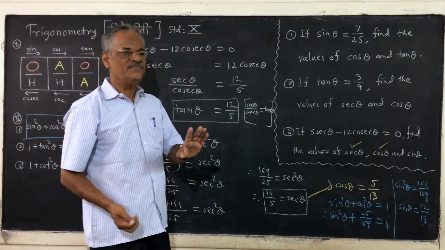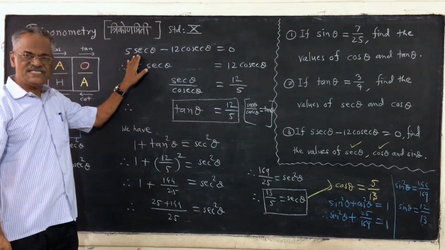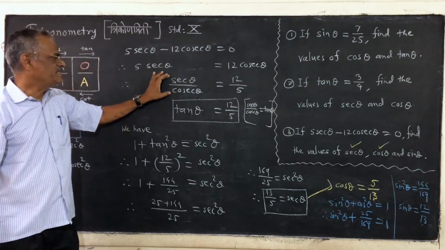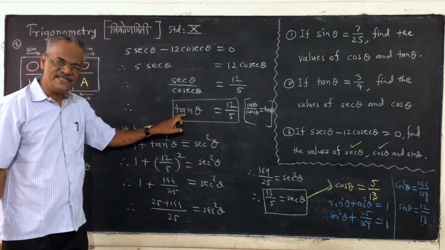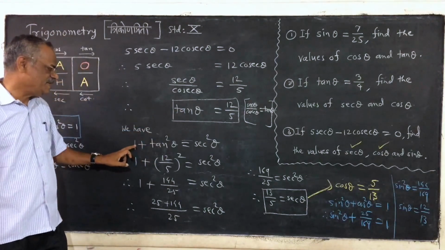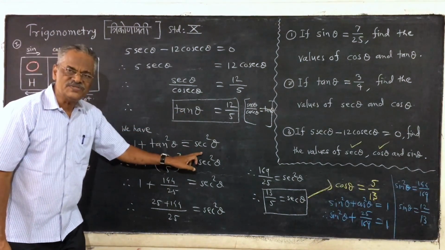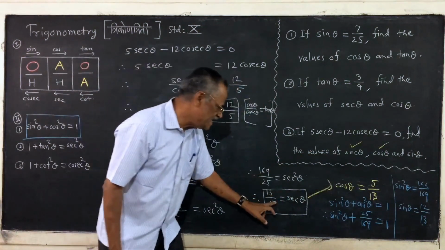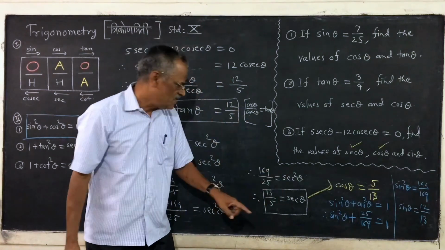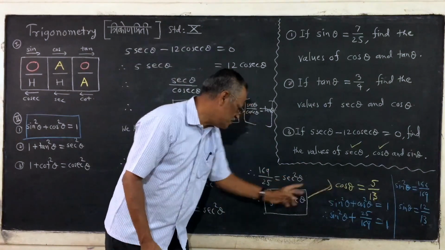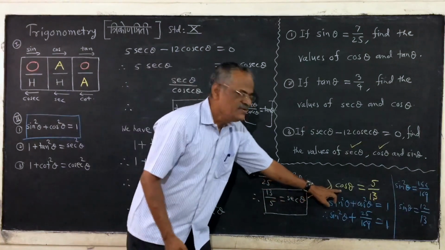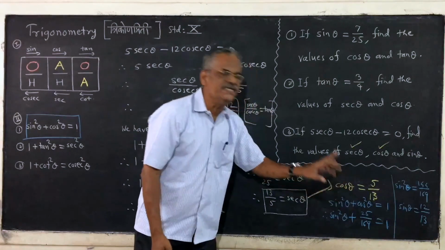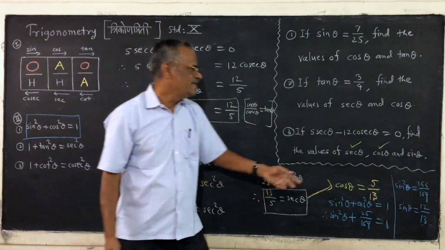See that interesting point? This is the given relation between sec theta and cosec theta. Find out sec theta upon cosec theta, that is tan theta. After that, use the identity 1 plus tan square theta is equal to sec square theta. You are getting sec theta, but you know that sec theta into cos theta is equal to 1, or cos theta is equal to 1 upon sec theta. You are getting cos theta. After that, use sin square theta plus cos square theta is equal to 1 and calculate sin theta.